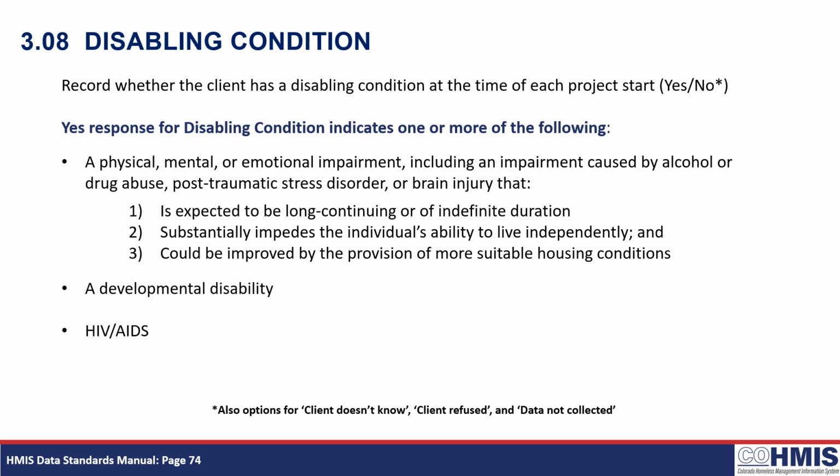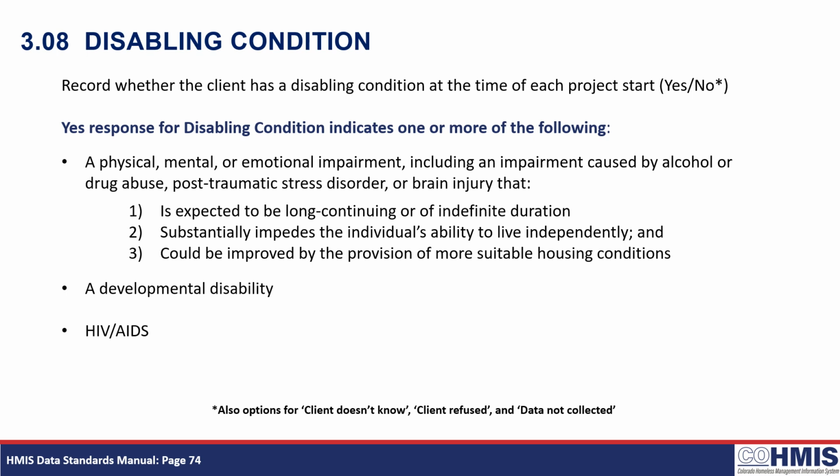And what HUD means by disabling condition indicates that the client has at least one or more of the following, including a physical, mental, or emotional impairment, including an impairment caused by alcohol or drug abuse, post-traumatic stress disorder, or brain injury that will be expected to be long continuing or indefinite in duration and substantially impede their ability to live independently and could be improved by the provision of more suitable housing conditions, or a developmental disability or